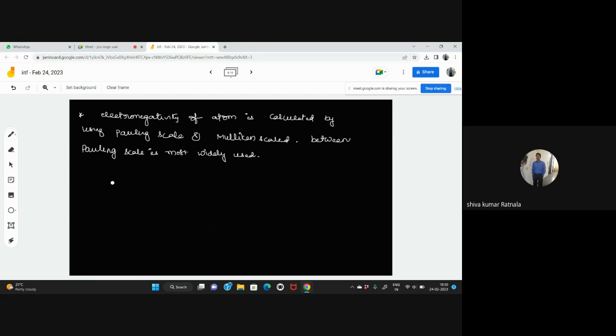As per the Pauling scale, the electronegativity difference we can write as chi A minus chi B